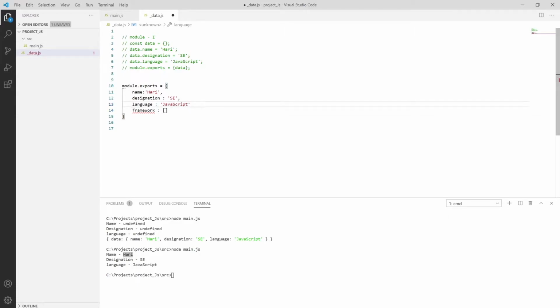It's giving an error, because inside these braces